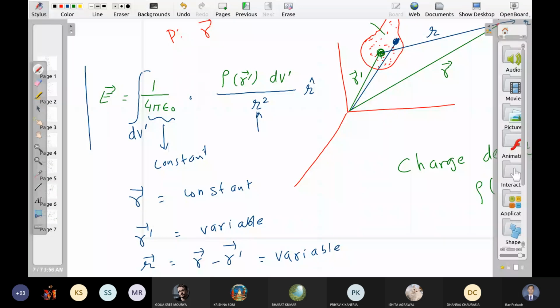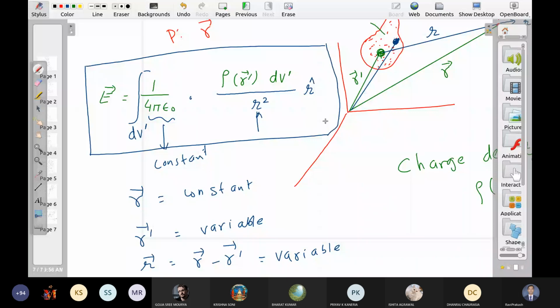How to solve this for a real case, we will discuss that later. It is just for completeness only. I have given you the mathematical version of the electric field for any arbitrary shape. How will dv prime be dealt with? How do you define the limits of such a shape? We will discuss later. But this is the mathematical framework to define the electric field for any general object.